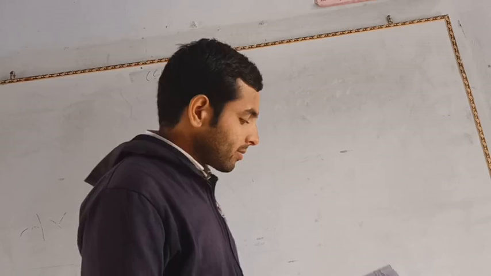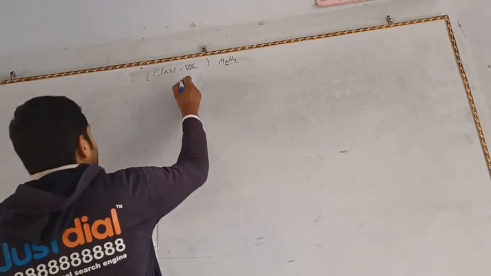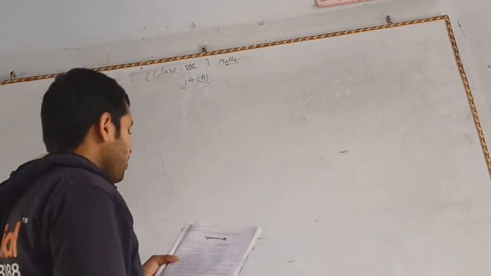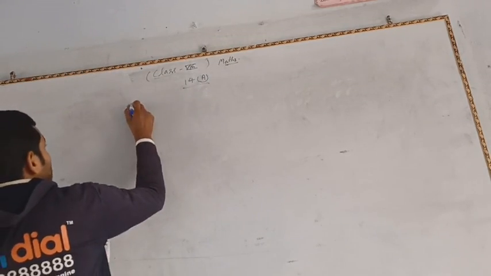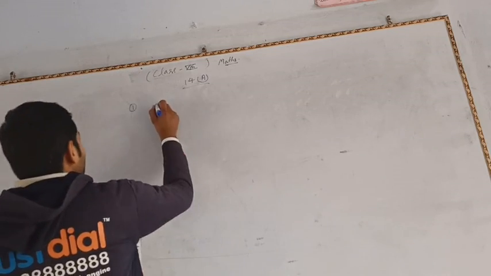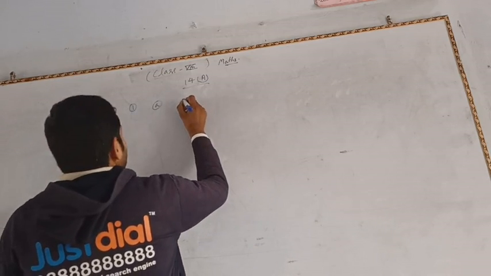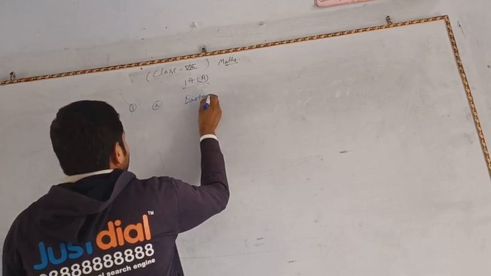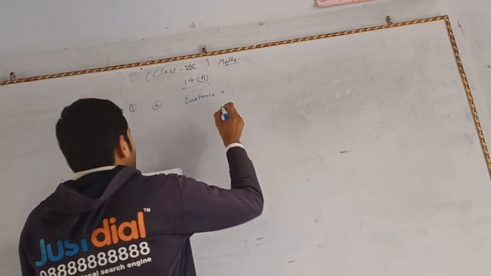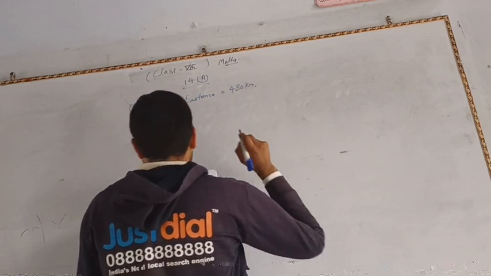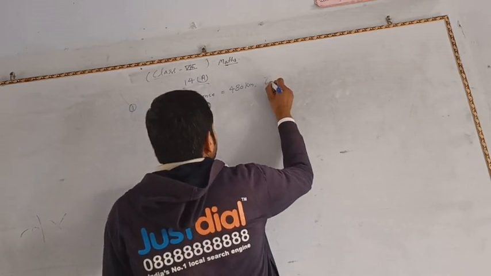Here you have given that in practice time 14A, problem number first, calculate speed if part A, distance is equal to 480 kilometer and time is equal to